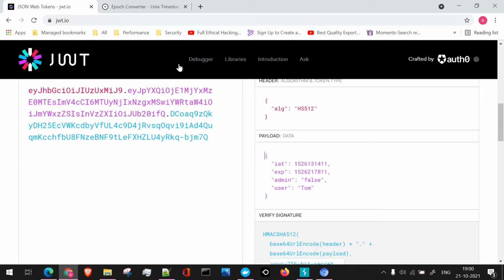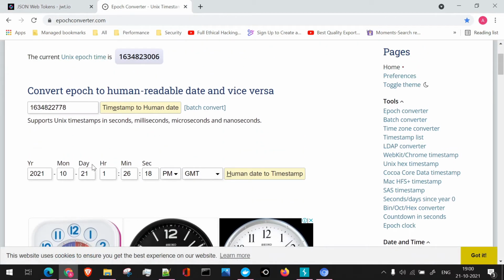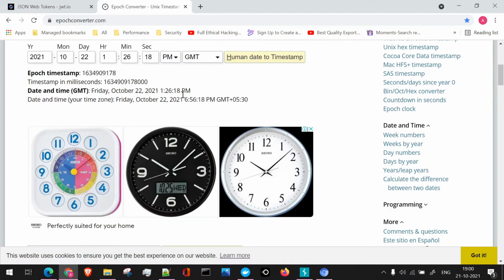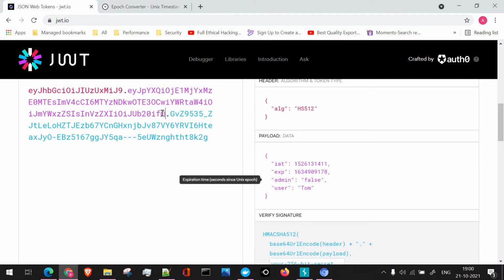We can use the epoch converter site to make that change. Currently, day 21 is highlighted. I'll say day 22, that is tomorrow's date, and create the timestamp for that time, navigate here and paste it. So our second part of the token is ready.